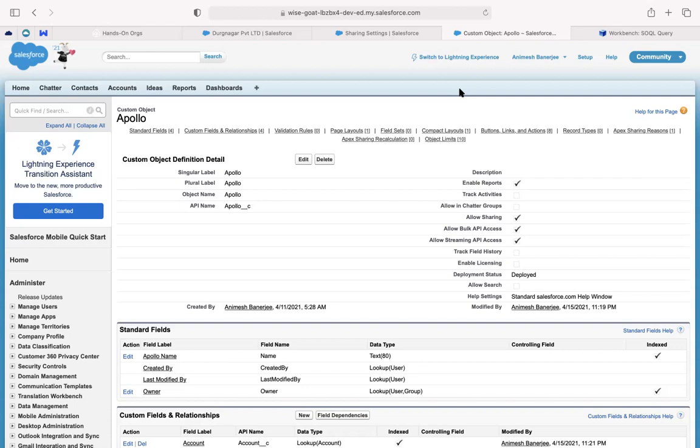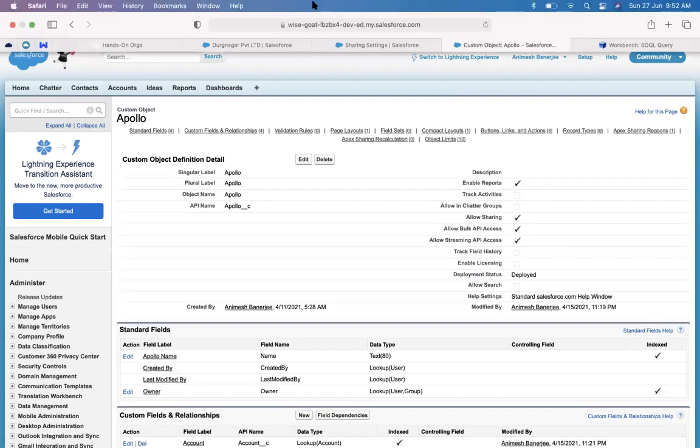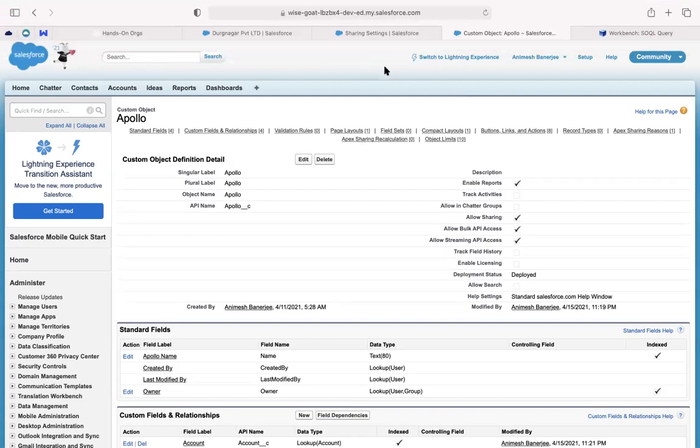Then after OWD is set to a secure setting, you can open up some records to some people if that is a requirement. What happens if I want to open up all records to some people? What should I use? Come on, we started off the class with this. What is the mechanism of opening up all records to some people? View all, modify all. That's correct, absolutely. So profile and permission set. Yeah, that is my option.